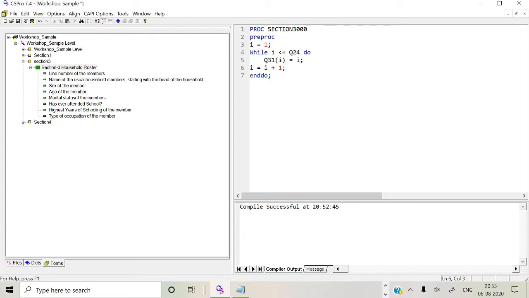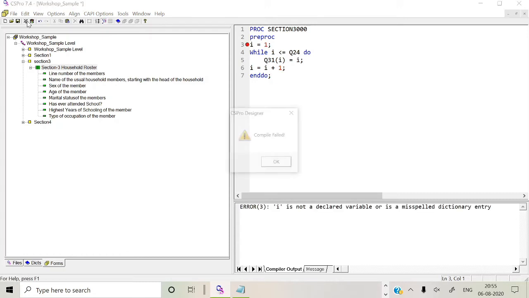So this is actually total members. With this programming we have declared I equal to 1, so we have to declare the I also. It happens in the pre-prog. Pre-prog means it has to be executed before the program, so before the roster, it has to be executed.